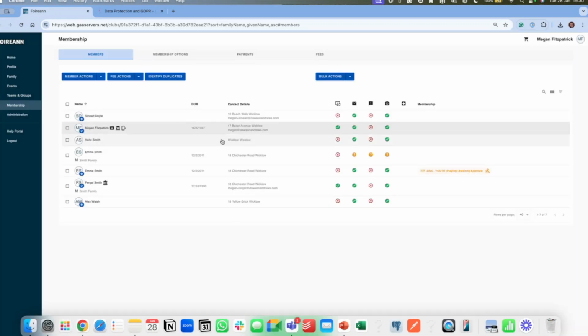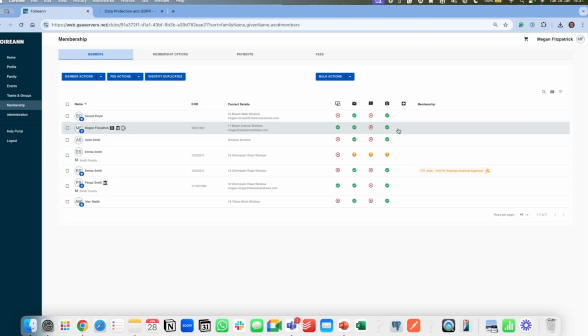And what you will see is Stephen is no longer in this member list, but he is still within the club. So removing the club from a profile basically removes them completely. They're not listed as part of the club. They're not in your member list. Hibernating is they're still listed within your club, but they are hibernated, so they're not listed in the current active